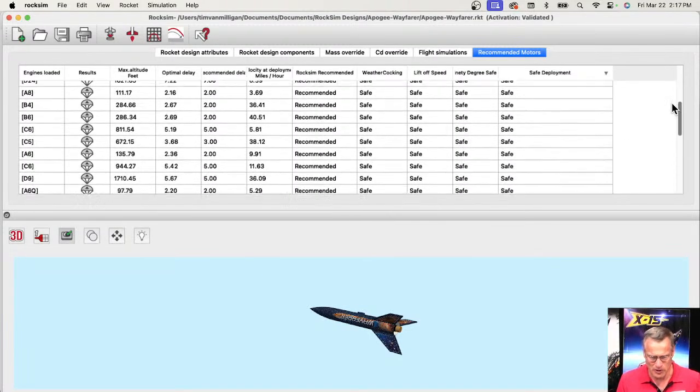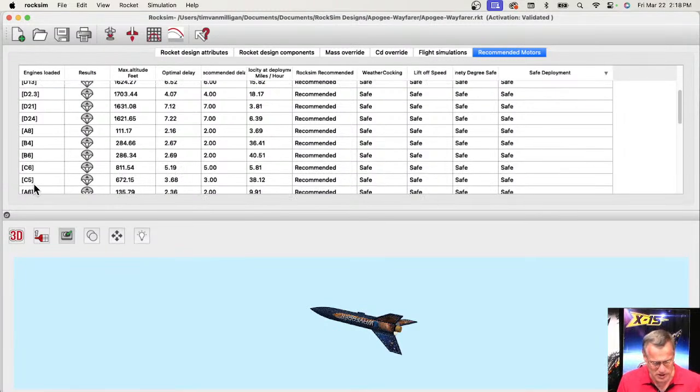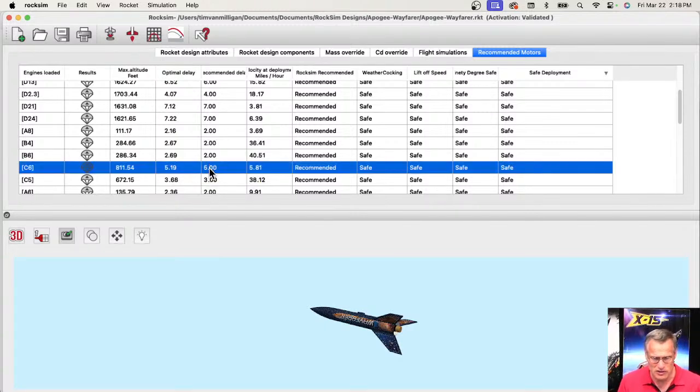Yeah, so now it's showing me all the recommended motors in this column, so I can use the D10, and then the optimal delay, there's a column for that, so a D10-6 would be a good one. The C6, it's telling me a C6-5 would be a better choice than the C6-7 that I used. So if I select this one,